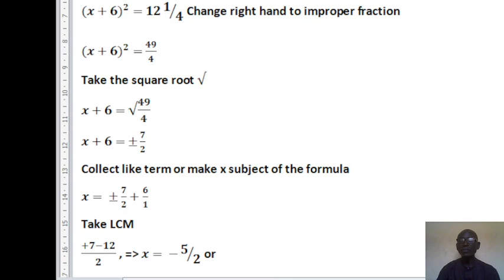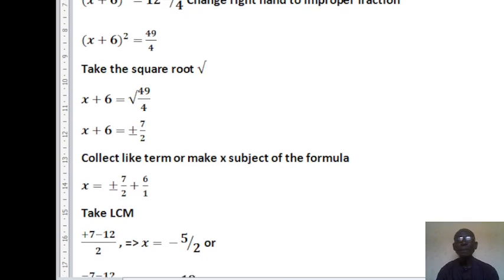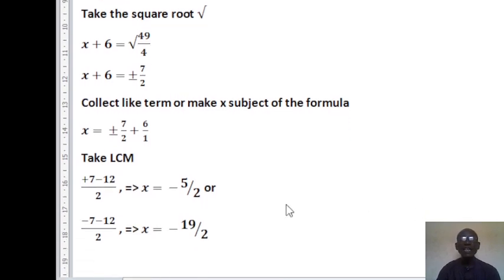So the next thing here, you now take the LCM of this. See, it's corrected here, but here it's supposed to be minus. Take the LCM of this, 2 and 1. The denominators, you have 2. So plus or minus here,